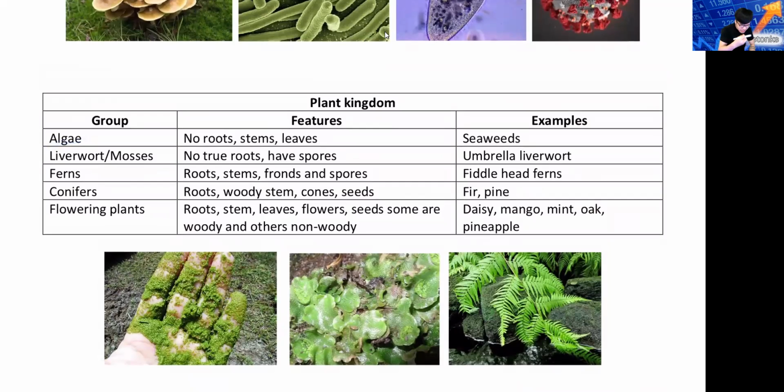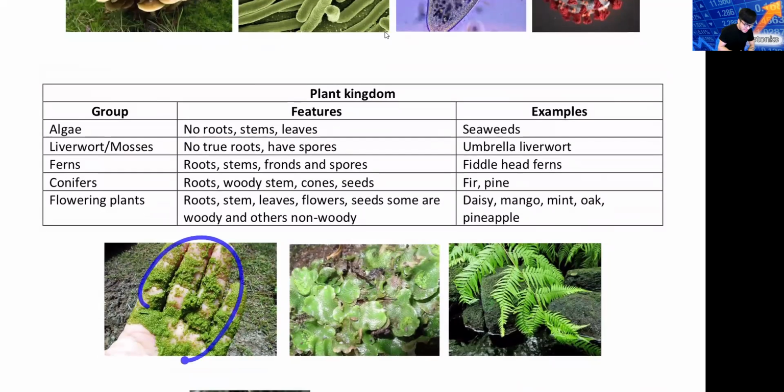Algae is the simplest plant. Why? Because they don't really look like plants. The only reason they look like plants is because they are green. That's all. They have no root, no stem, no leaves. They have nothing. They just look like, I don't know, a bunch of